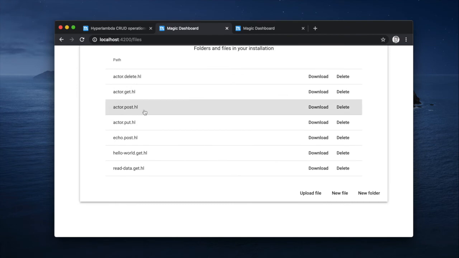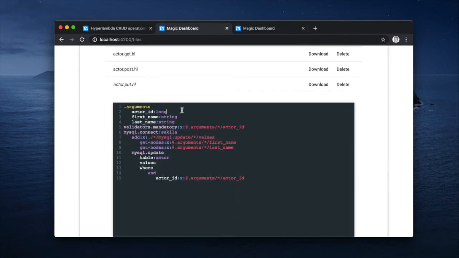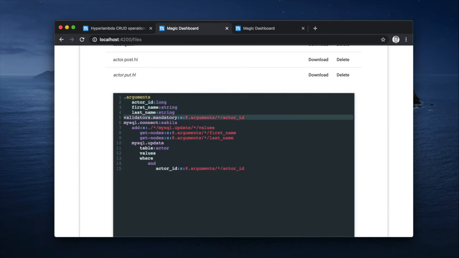We see something similar in the update. Here we see first name, last name, and then we see actor ID too. Yet again, we invoke validators.mandatory, passing in the actor underscore ID argument, which results in throwing an exception unless it's actually explicitly given. You can test this too, of course, if you want to. And then it adds into the values column here of the MySQL.update invocation. It only adds these 2 particular nodes, first name and last name. Why? Because the actor ID is not going into the values condition. It's actually getting into the where